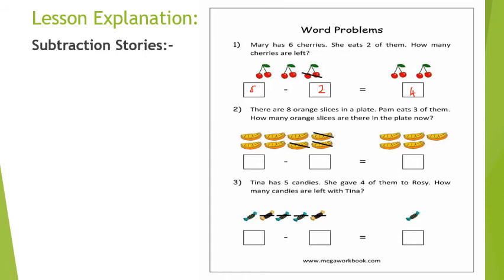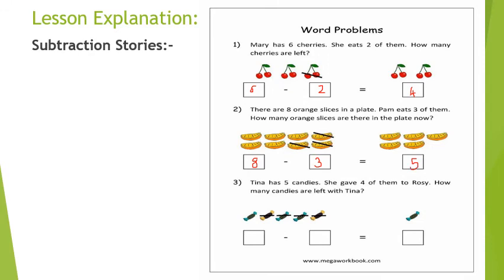So close your 3 fingers now. From your 8 fingers, you have to close 3 fingers. So how many fingers are left, children? Yes? 5 fingers are left, right? So in the first box, you are going to write 8. In the second box, you are going to write 3. And what is the answer? Answer is 5. Okay?